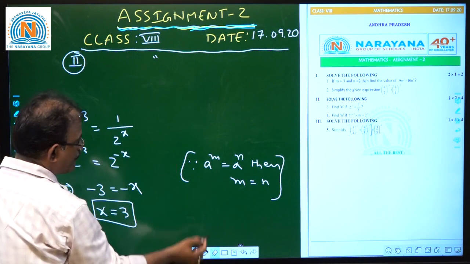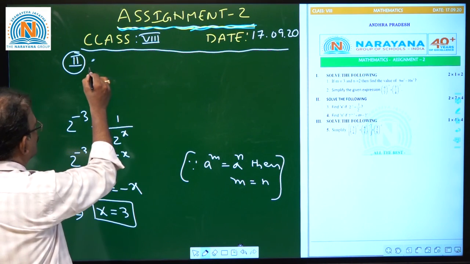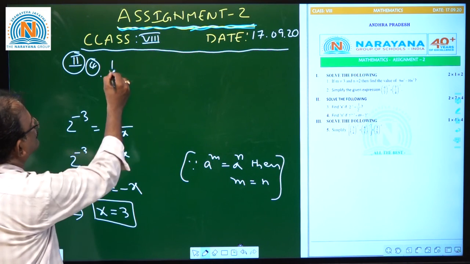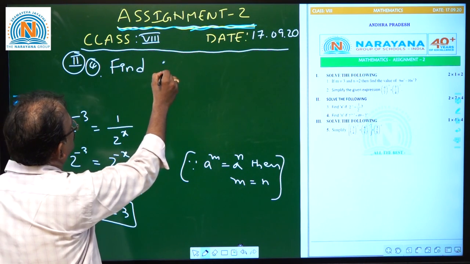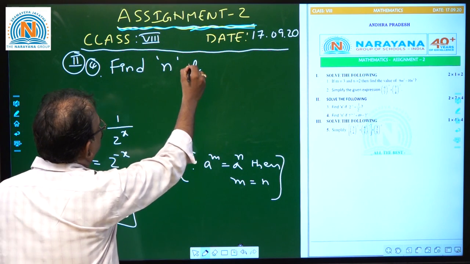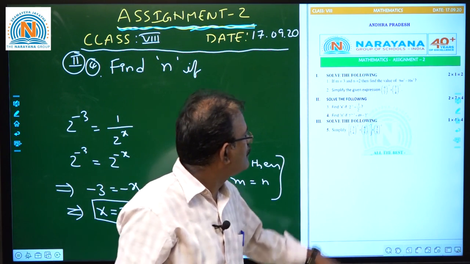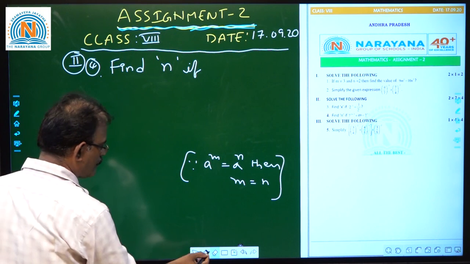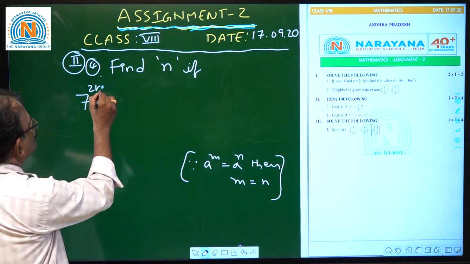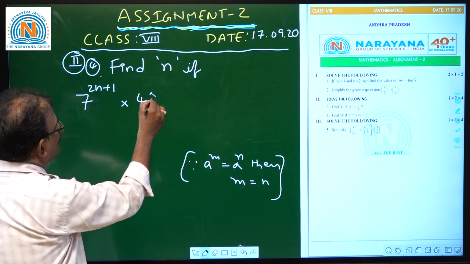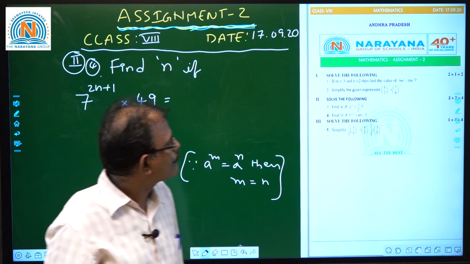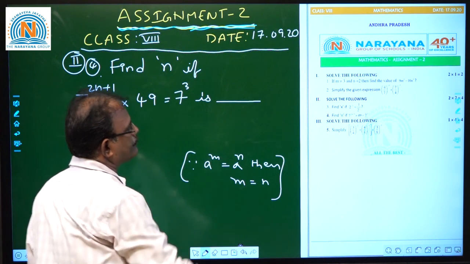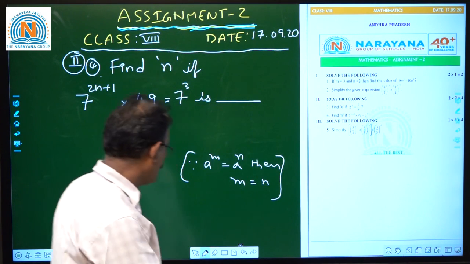Okay. So our next question, question number 4 from the second Roman. Find n if 7 power 2n plus 1 into 49 is equal to 7 power 3. Yes. Now here